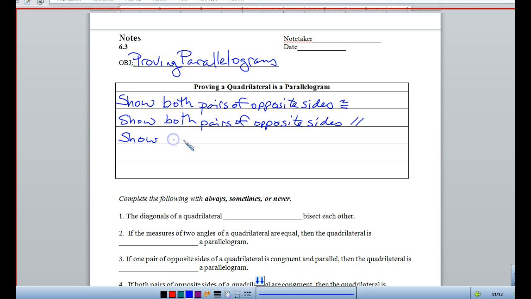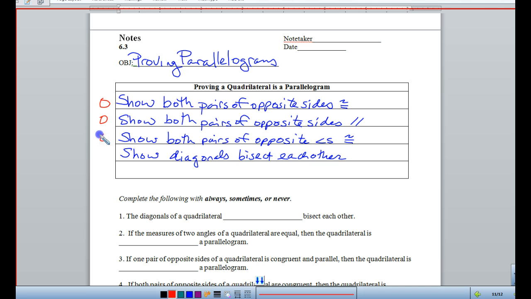You could show both pairs of opposite angles congruent. You could show that diagonals bisect each other. So far, we've got 3 O's and a D of our properties, right? So 3 O's and a D, and then our last one really isn't represented in our properties, but you could